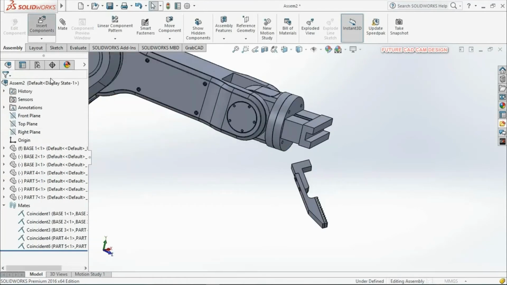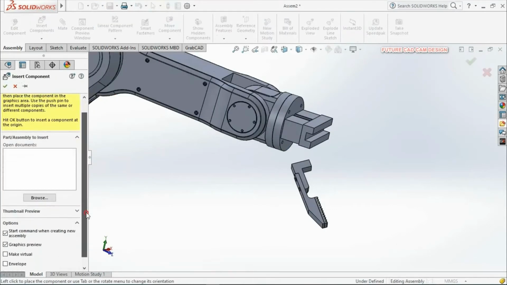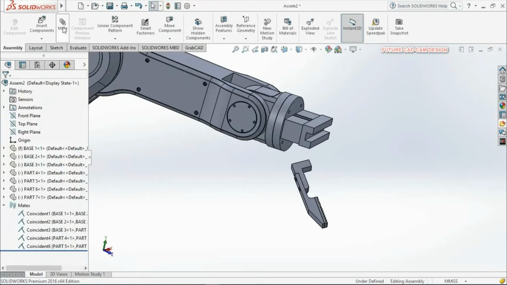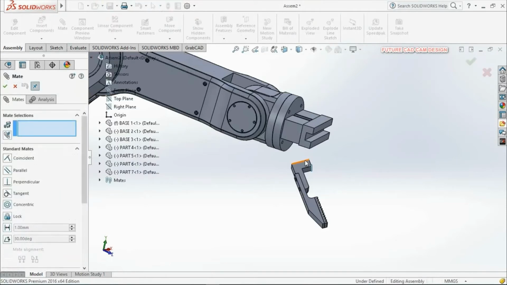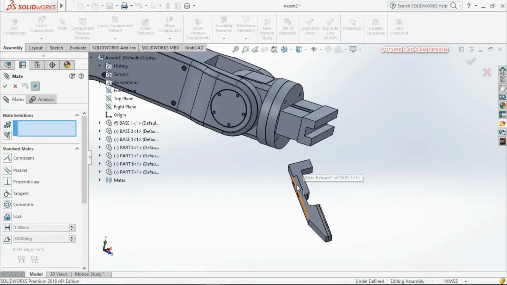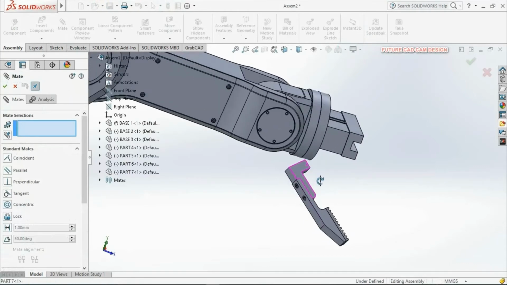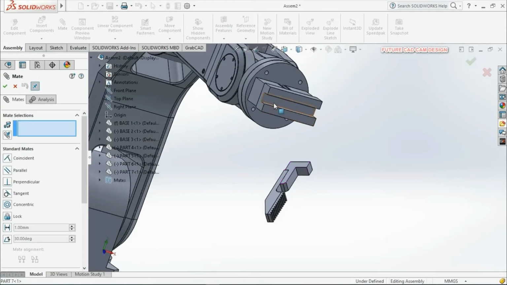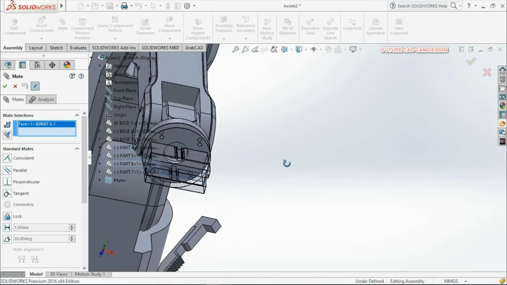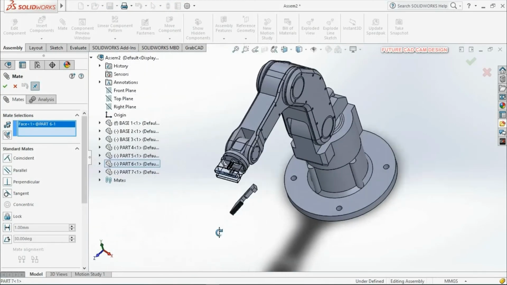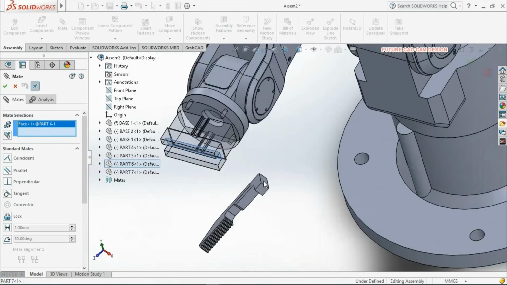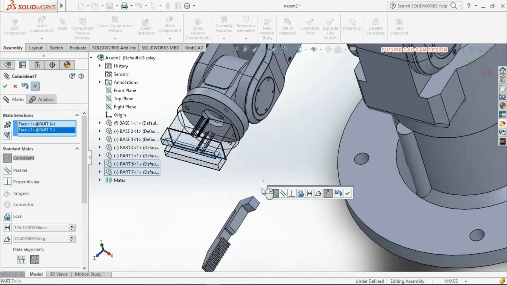Here in insert component, mate option. Just we are going to give, in this surface, coincident for these two surfaces.